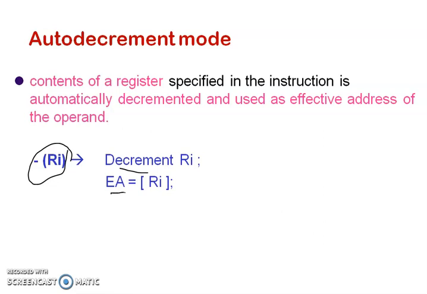Okay. In the previous auto increment mode, first the effective address is taken from the content of the register Ri and then the increment operation is performed. Here first the decrement operation is performed and then it computes the effective address based on the result obtained. So the content of the register specified in the instruction will be automatically decremented and is used as the effective address